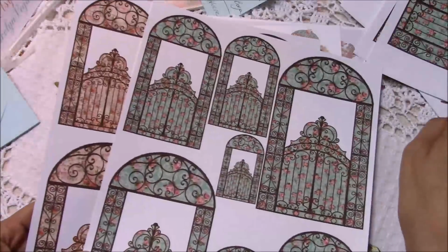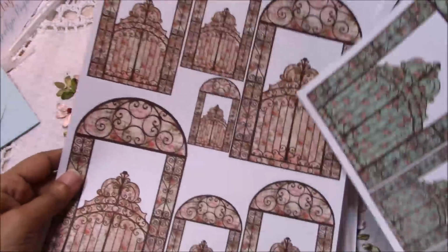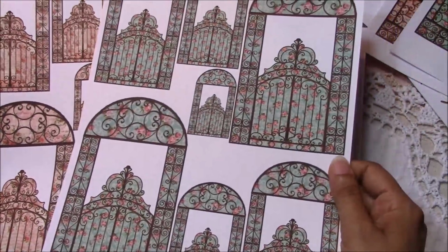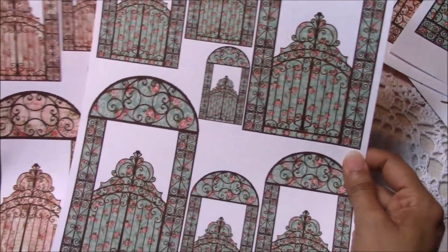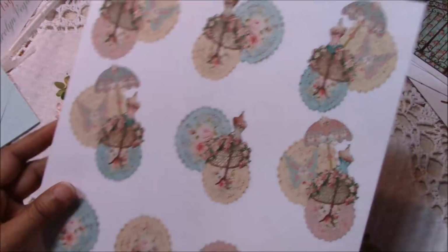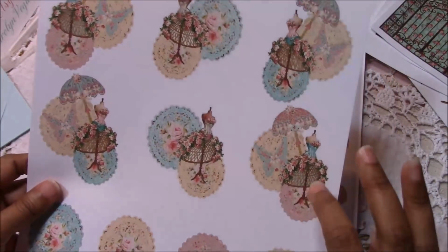Then you have this same, but in smaller versions of it. In pink and in the turquoise teal color. Then you have this page, which could be considered a sticker page. I did it on cardstock,